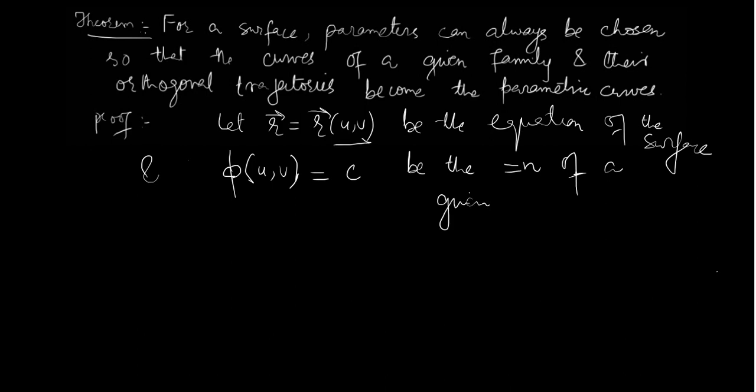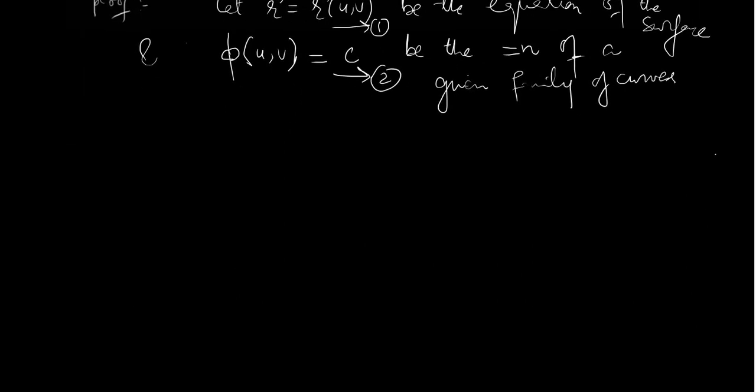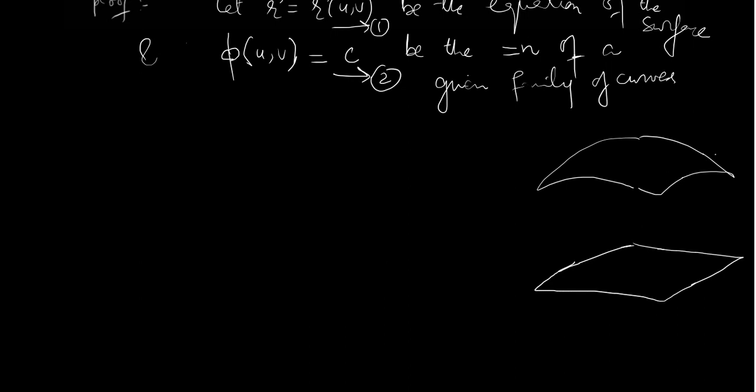Let's call this equation 1 and this equation 2. Of course, it's a family of curves, as we already know. Last time I showed you that. Now I have a surface, which I denote here, and I have its domain, which lies inside our uv plane. So given a curve here, it corresponds to some curve on the surface. Having chosen a family of curves here, I automatically have, via the map r which sends these points onto the surface, a family of curves on the surface. I could have actually used the xy plane, but